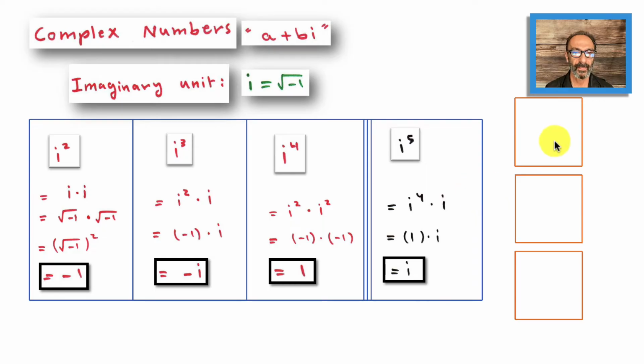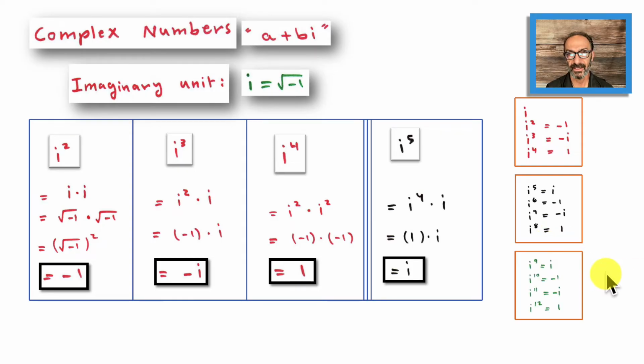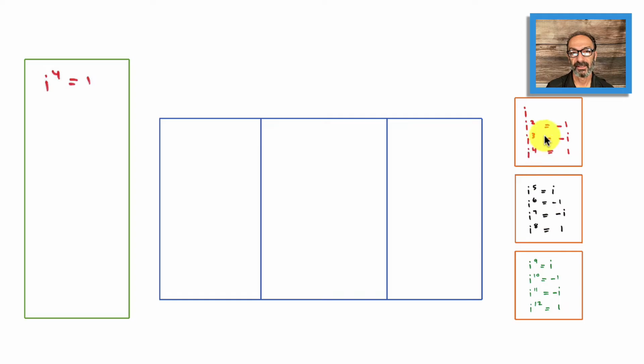In short, I have the following. So we have i, i², i³, i⁴: i, -1, -i, 1, as you could see. When you go to i⁵, you're going to repeat yourself. i⁵, 6, 7, 8, it's the same answers: i, -1, -i, 1. If you go beyond i⁸, to i⁹ and on, it's the same pattern. So what does that mean, and how could we take advantage of that? Here's an example. Keeping those handy,